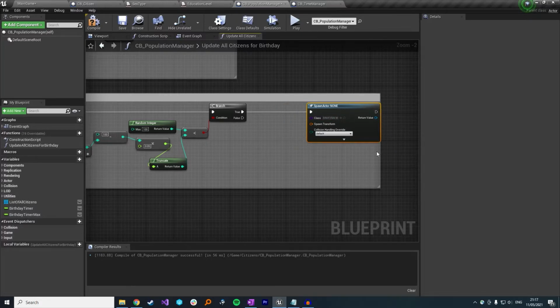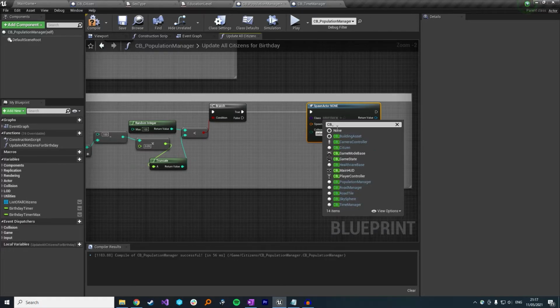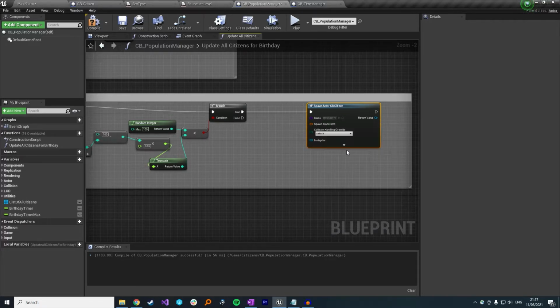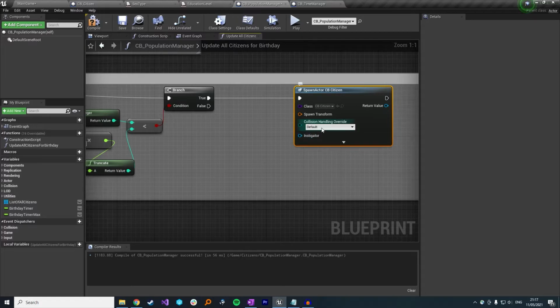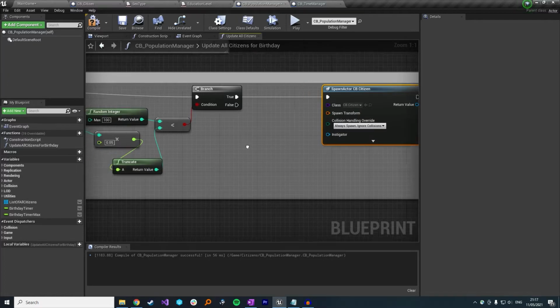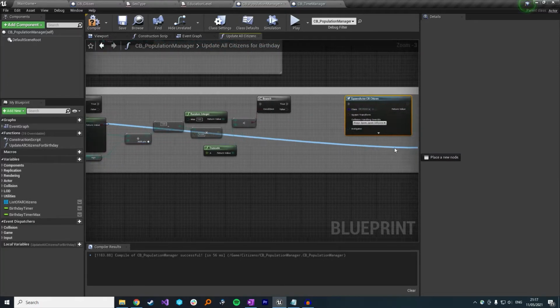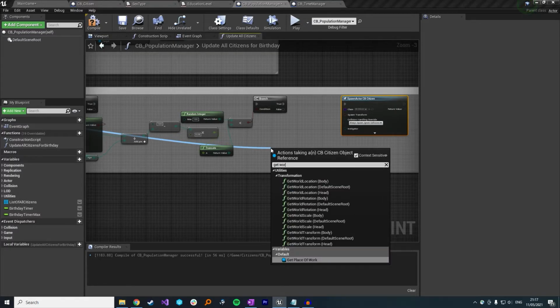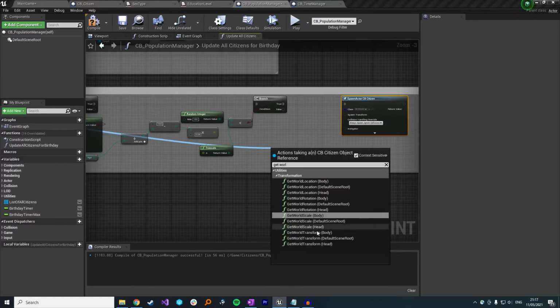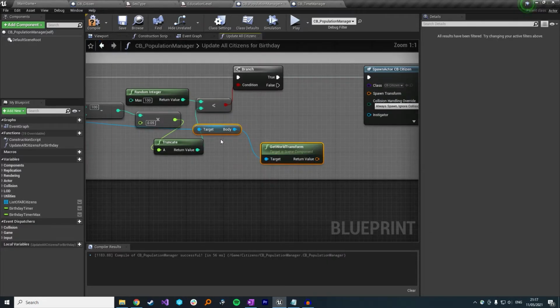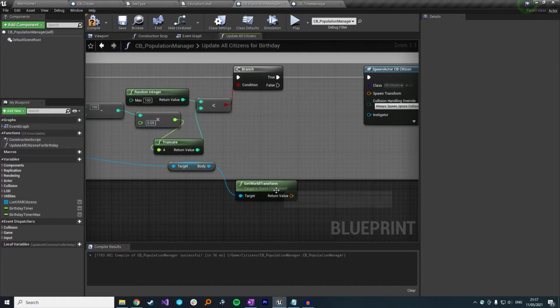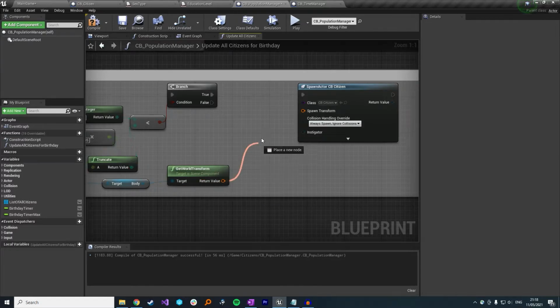So we're going to create a child. The class is going to be our CB citizen. Always spawn, ignore collisions. Spawn transform, that's going to be interesting. So let's actually get the world transform of the target of the parent. So if we just set that to our parent's transform,